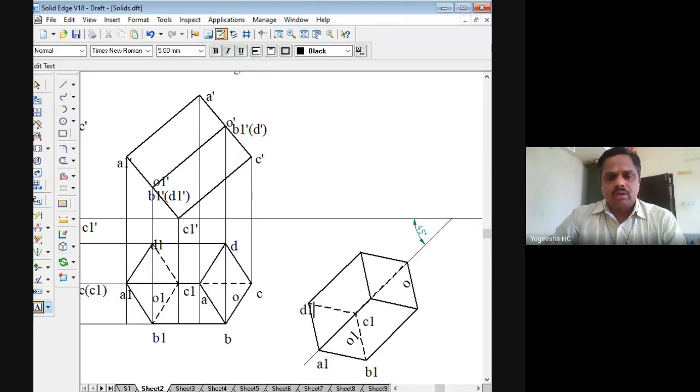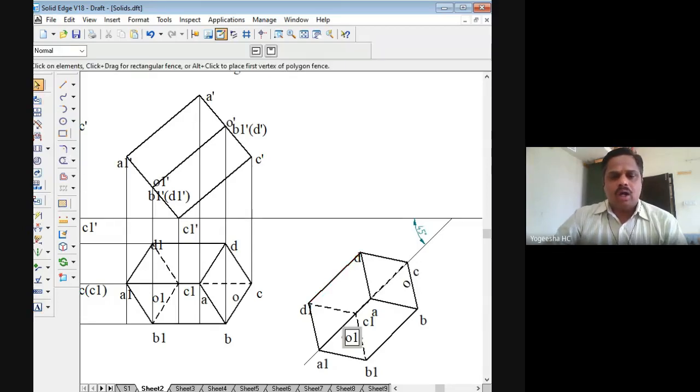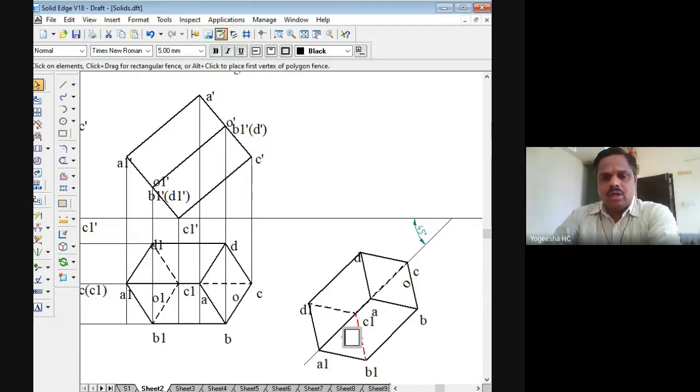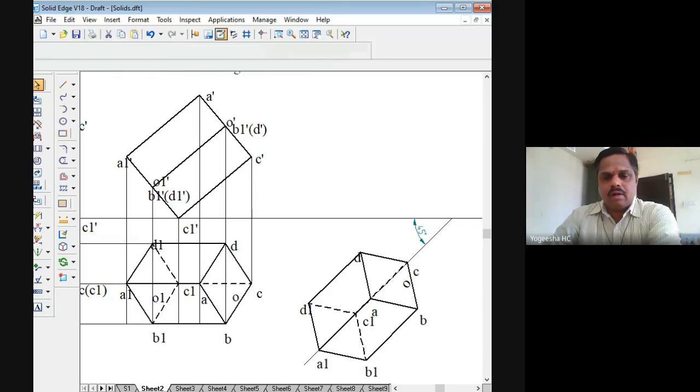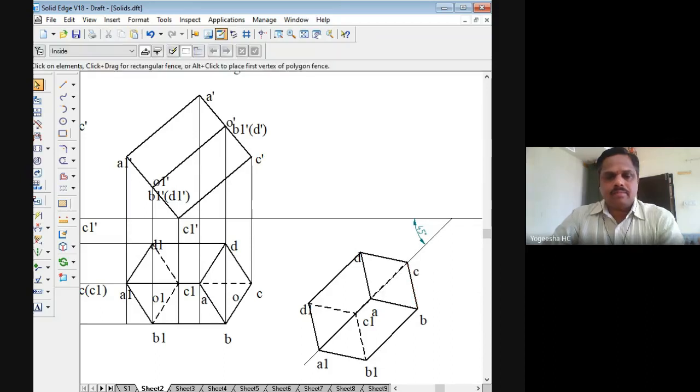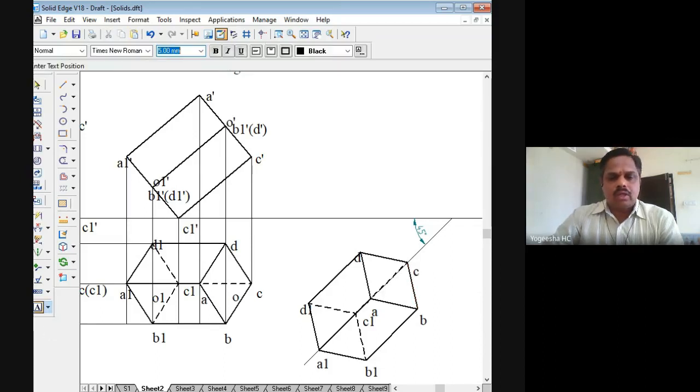Here it is the point A, this is the point B, this is the point C, and this is the point D. Similarly, the points O1 and O also you can delete and draw once again. So here is the point O1 and this point is O.